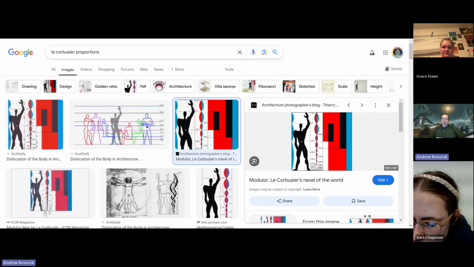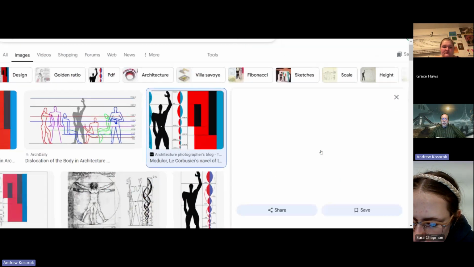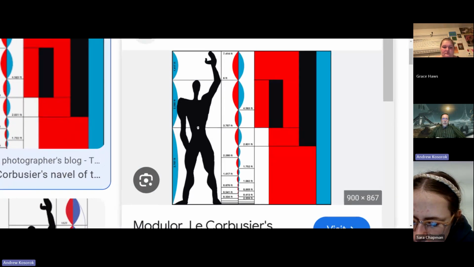So you look at this, he would know exactly, so I'm going to enlarge this a bit. He would use this to figure out exactly where the seat of the chair would be, where the edge of the table would be, where the countertop would be, how big the door frame would be. Yeah, this human form looks a little bit stylized, but that's because he's living in a time when this was groovy to do.